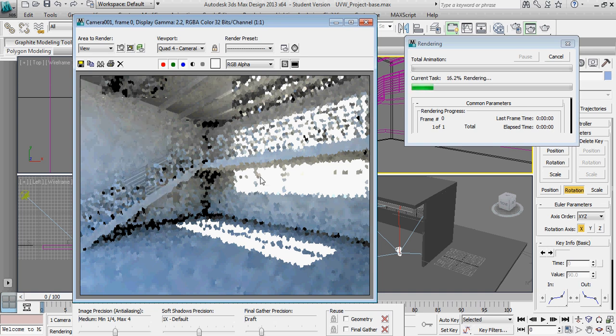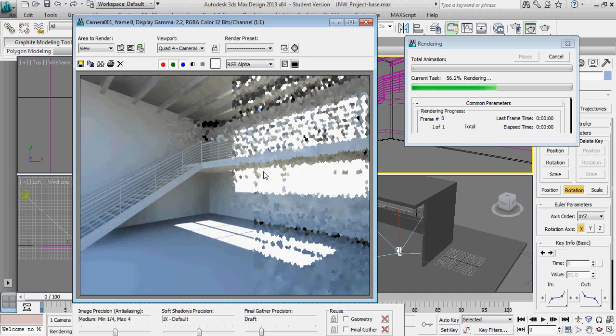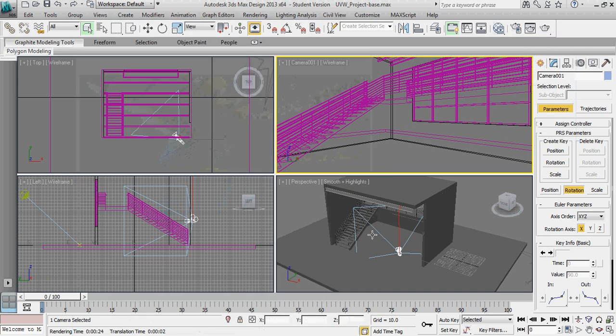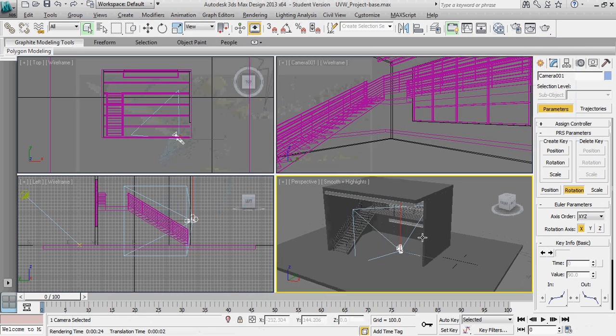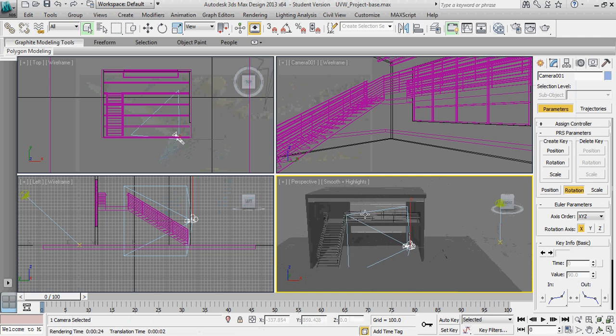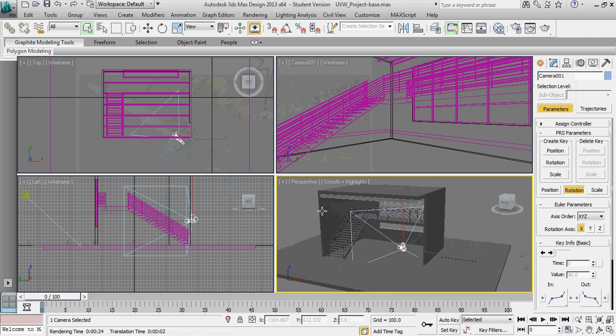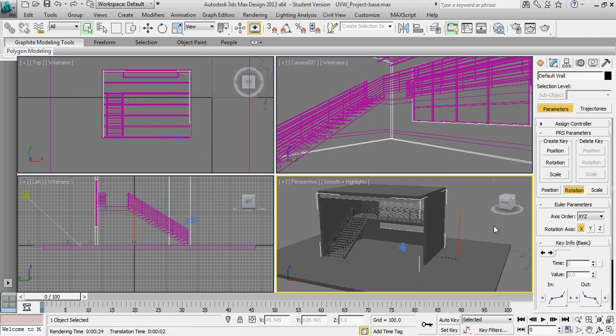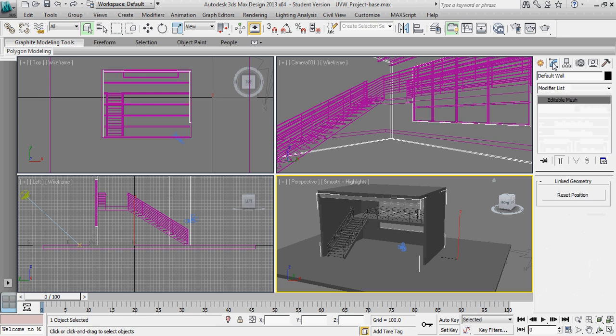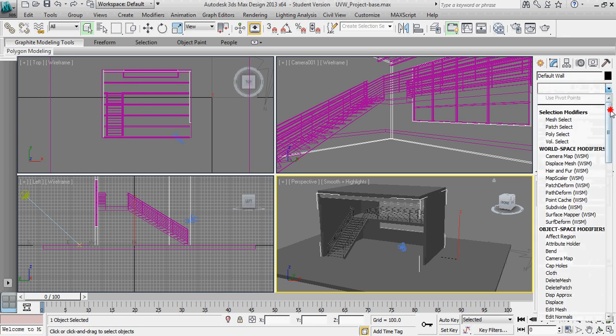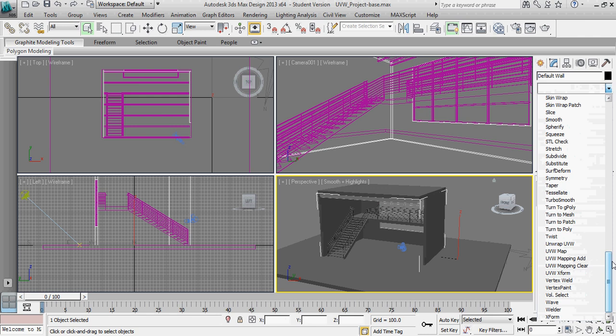I don't really need to render out the whole thing. I'm going to go ahead and stop it, close it, and let's proceed with unwrapping this set of walls right here. So I'm going to select that outer perimeter of the walls. I'm going to go to my Modify tab, and I'm going to add a UVW Unwrap modifier. From here, I'm going to open the UV editor,